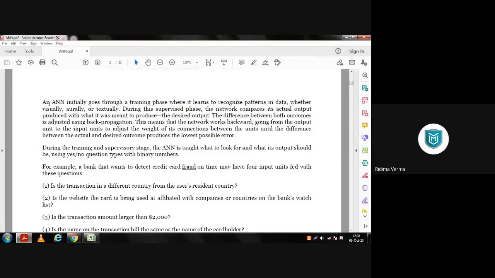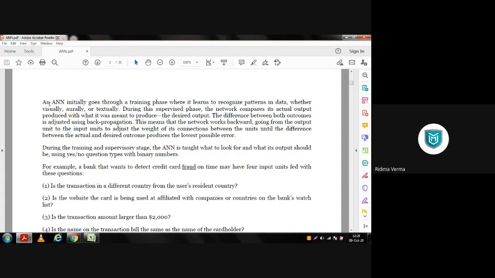But the desired output that we wanted was not obtained, but we are getting some other output. Or we can say that the output we are getting by using those random weights and biases was not that accurate. We can say somewhat accurate but not actually correct. So in that case we will make use of backpropagation.